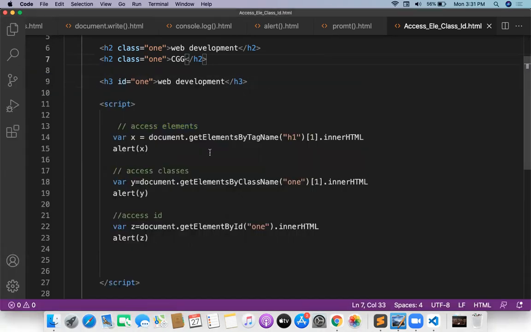Okay, I hope you understood how elements are accessed, how classes are accessed, how ID is accessed. Remember one thing, ID is singular, classes are plural, elements also plural. We are trying to access your DOM elements.